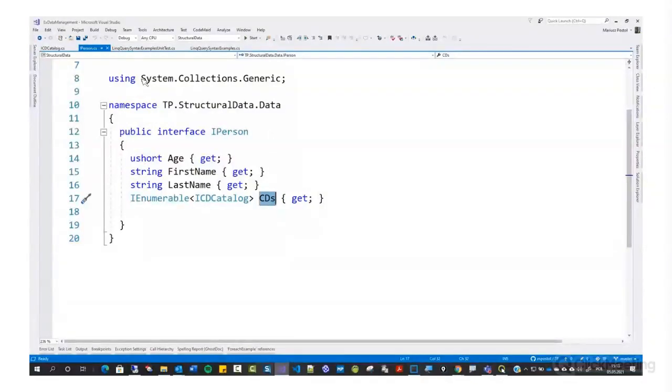But in this enumeration, we are using catalog, ICD catalog, and actually we need to browse to get access to the selected entity, to the selected item contained in a value